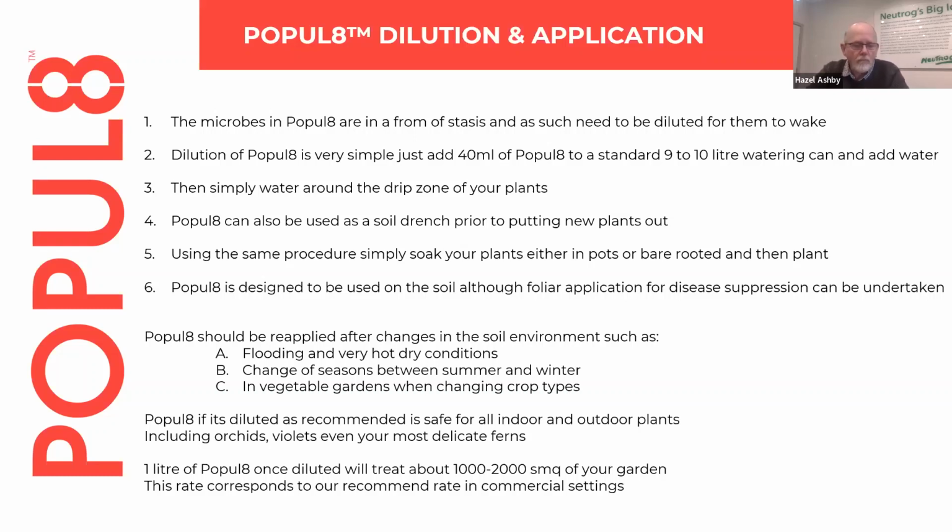If you've got your bottle of Populate, I tend to store it in the dark. You know, I put it in the shed somewhere, or even better in the garage, because in your garage it's less likely to be exposed to really high temperature. I know some sheds will get up to 60 degrees inside. So store it in the dark in the shed, or, you know, if you want to, under your laundry sink, which is probably the ideal place to store it.